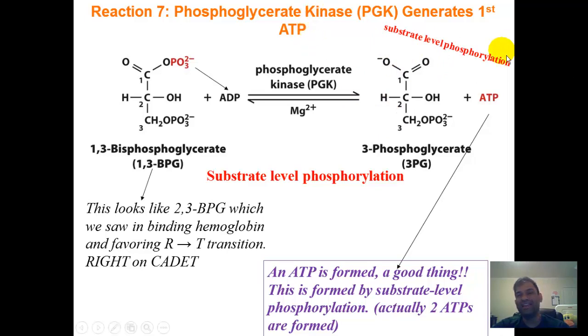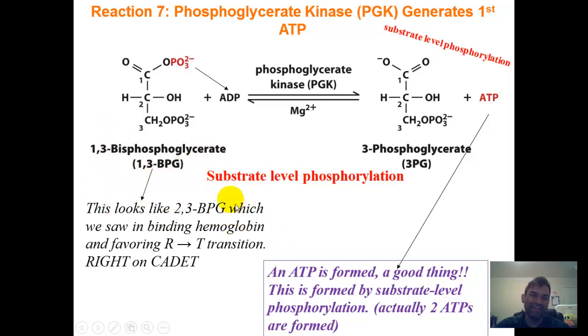And we're going to call this ATP formation substrate level phosphorylation. It's not ATP that's formed through the electron transport chain. It's not ATP that's formed from fatty acid metabolism. It's ATP formed by literally phosphorylating an ADP molecule. So the enzyme that does this is phosphoglycerate kinase, coming from 1,3-bis-phosphoglycerate, and we make not 1 but 2 molecules of ATP and 2 molecules of 3-phosphoglycerate. By the way, this 1,3-bis-phosphoglycerate